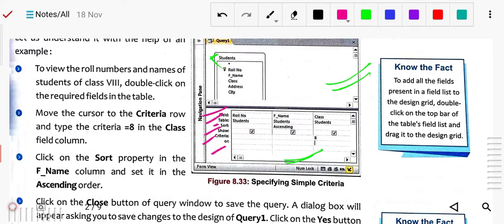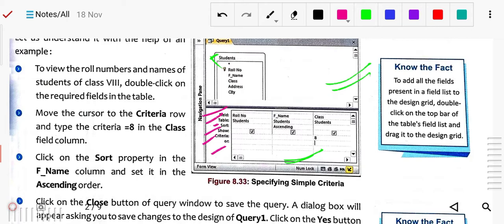The first row of the design grid displays the selected field name from the table. The field name will be shown there. Table: beneath each field name it shows the name of the table.